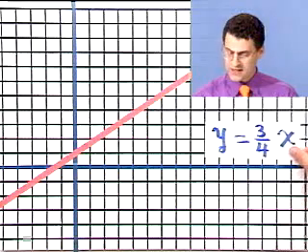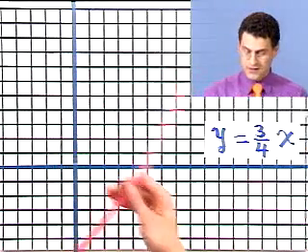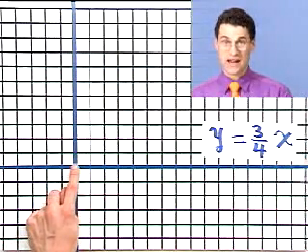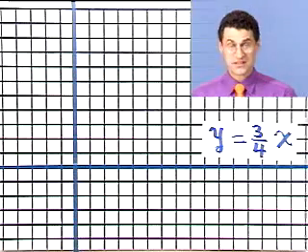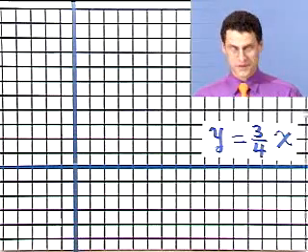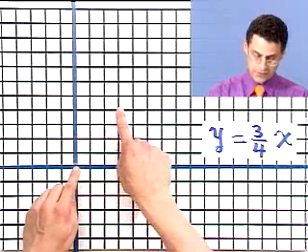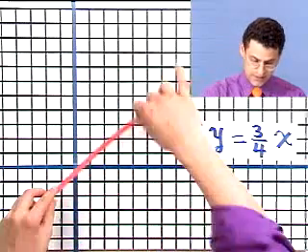Perpendicular lines actually are much more complicated. I mean, not hard, but it's just trickier to see what goes on. So let's take a look at an example of perpendicular lines and see if we can detect a pattern. So the first line I want to take a look at is y equals 3/4 x. Now, notice that the y-intercept is 0, so it means it goes through the origin. So it crosses the y-axis right at the origin. Okay, and what's the slope? The slope is 3/4, so I go 3 over, 1, 2, 3, and 4 up, 1, 2, 3, 4. And so now if I connect these points,